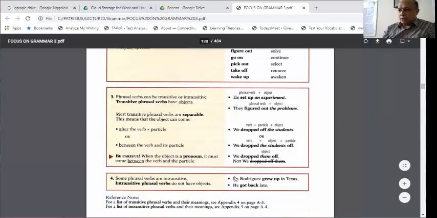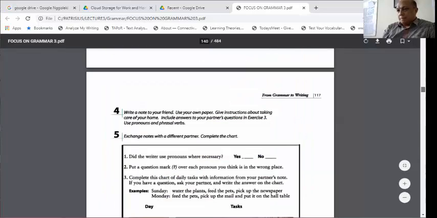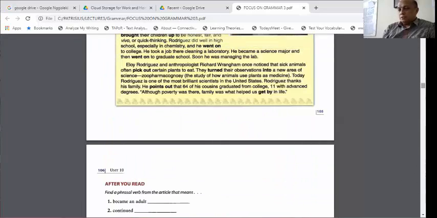Some phrasal verbs are intransitive. Okay, for example, Dr. Rodriguez grew up in Texas. That's intransitive. He got back late. That's also intransitive. So that's phrasal verbs. In the next exercise, you will be able to apply the phrasal verbs in various contexts, in various sentences. I hope I have explained the phrasal verbs